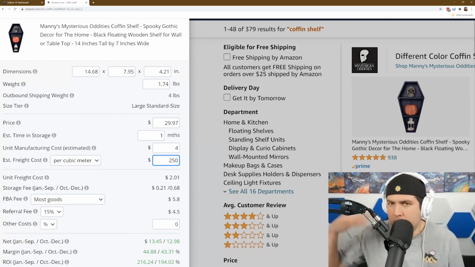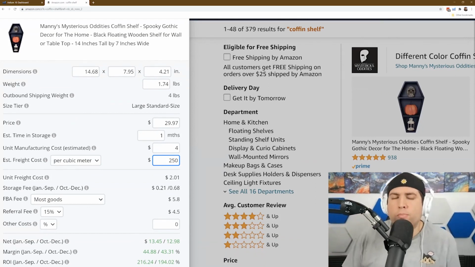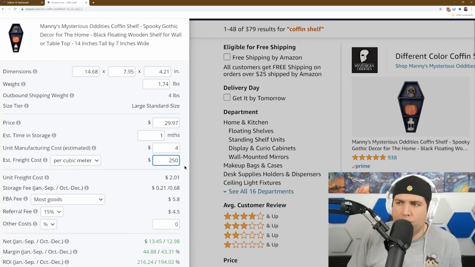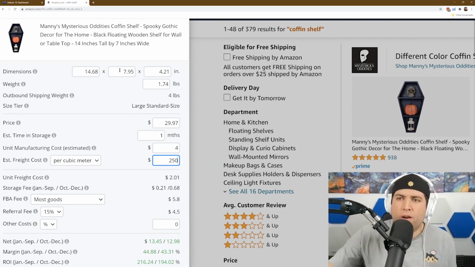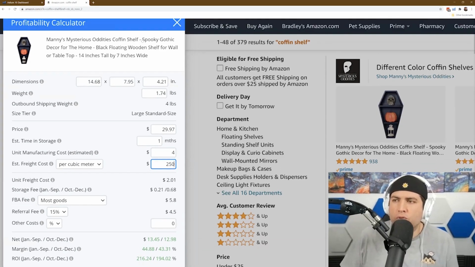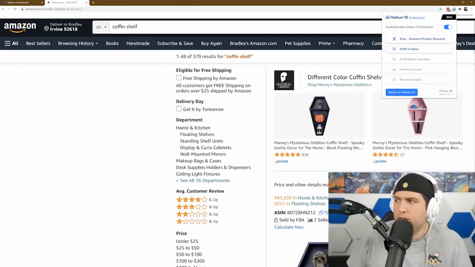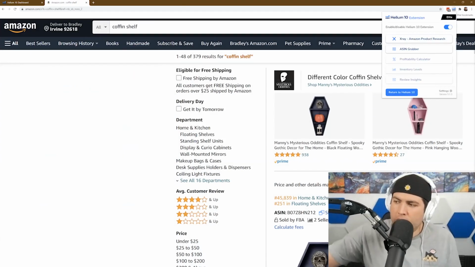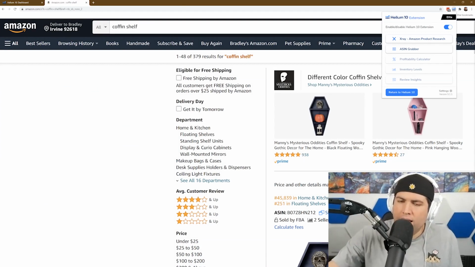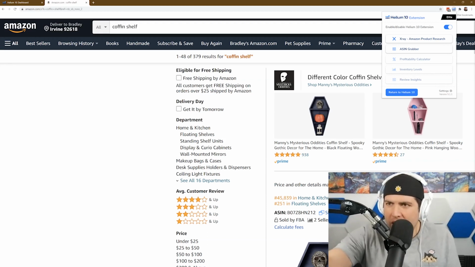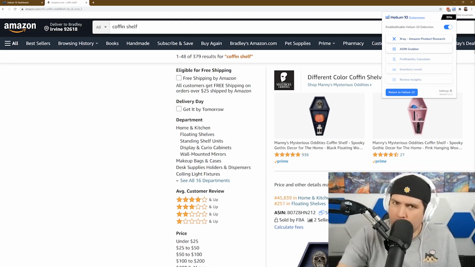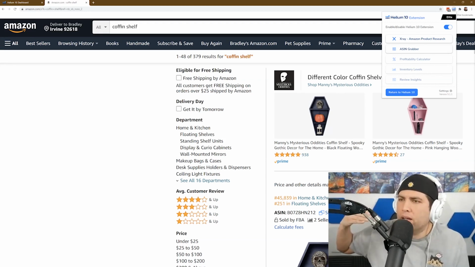Wow, look at this, just a rough estimate, I could be making 40% profit, if those were the real numbers, for this. So that's a very commonly used tool. A couple other tools that we have here in the Chrome extension: ASIN Grabber allows me to just take a look at all of these listings on page 1 and 2 and maybe take a screen capture, but I can record it as a screen capture or Excel. And it allows me to look back at the seasonality.